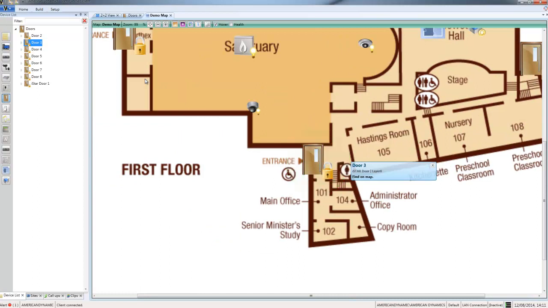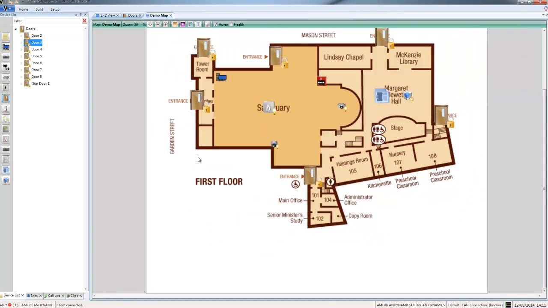And what that's doing then is Victor is going to open up all maps that contain this object, and it's going to highlight that object on the map. So you can see that door flashing green there. If I close out of this